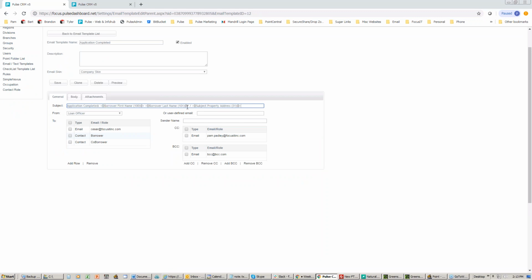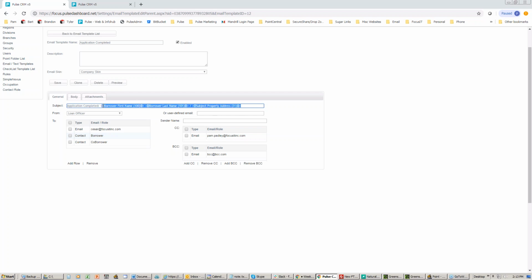So you can have any of the approximate 5,000 fields we pull from Point over into Pulse added to the subject line. Of course, you want to make sure that you don't overload it. And I believe there are some limits. I had someone try to insert 5 or 6 merge tags, and it worked fine. Someone tried to insert 8 or 9, and it didn't work out quite well. So basically what we have here is a standard 3 fields inserted, but you could also, if you wish to,